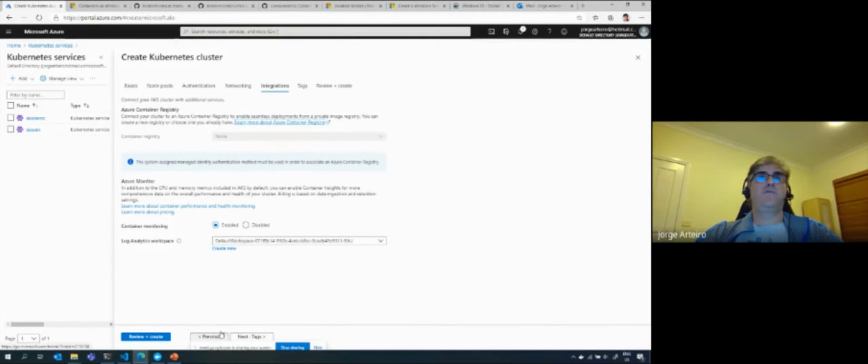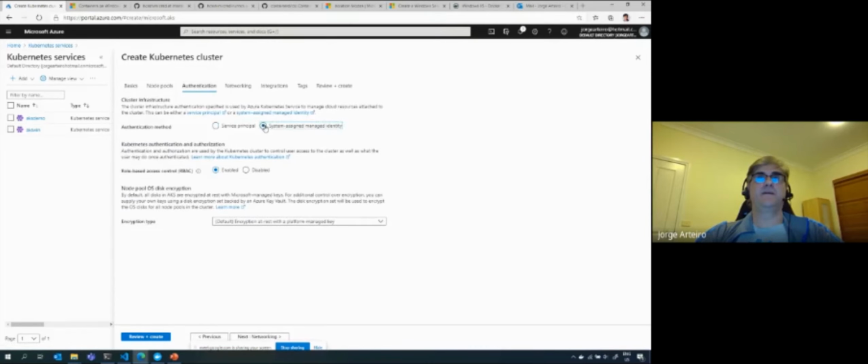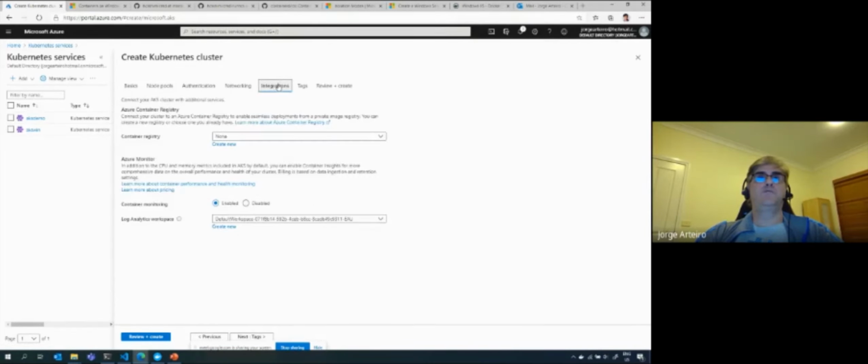And if you go for managed identity here, you're going to be able to use Azure Container Registry integration. See, I have a container registry here. Then I can tell it, when you create this cluster, can you just connect with my container registry? Then when I deploy something, I don't have to pass credentials about my container registry. It will be all connected already. Okay, that's handy. Maybe in some cases, for security, you don't want to do that,